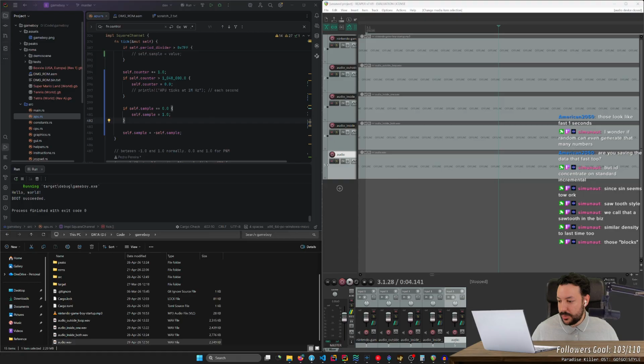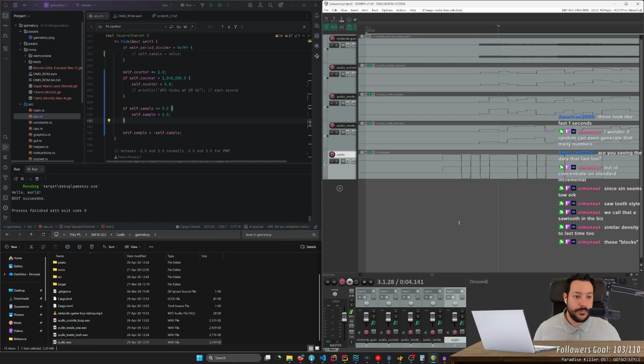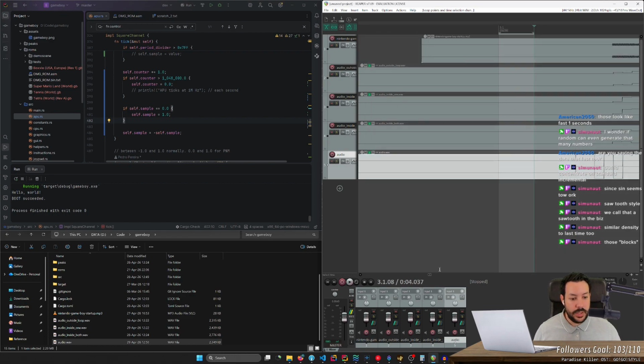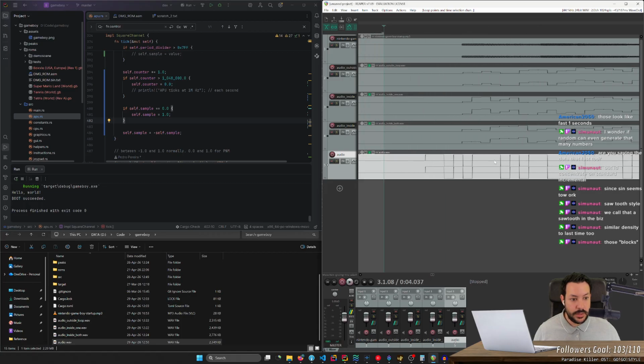Sawtooth style, we call that a sawtooth in the biz. Similar density to last time too, those blocks. Yeah. So these blocks here have the same thickness as previously.